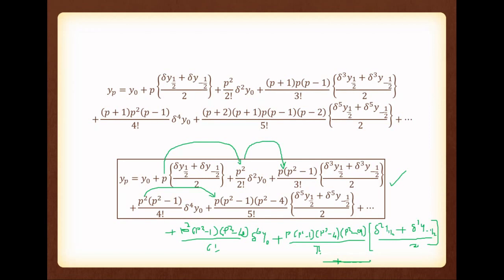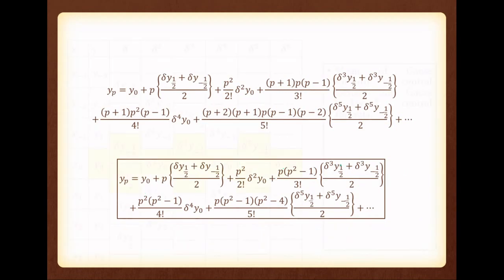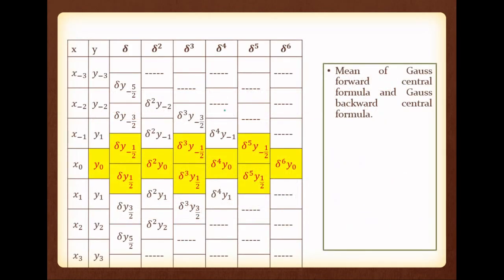So I think this equation is clear to you. Now we can do a problem. But before that, please note, wherever we don't have this central term, just take the average of that. There is no need to write delta y at minus 1/2 plus delta y at 1/2 divided by 2. Just take the average and directly copy that value. So here itself you can find the average, then just copy it.